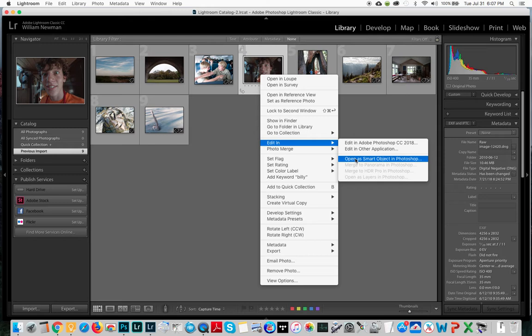One of the downsides to either of these two methods is that it always links back to Lightroom. Whatever you do in Photoshop, even if you hit Save As, it's going to save a copy in Lightroom also. Now that might be good, but if that's something you don't want, then I'm going to show you another way